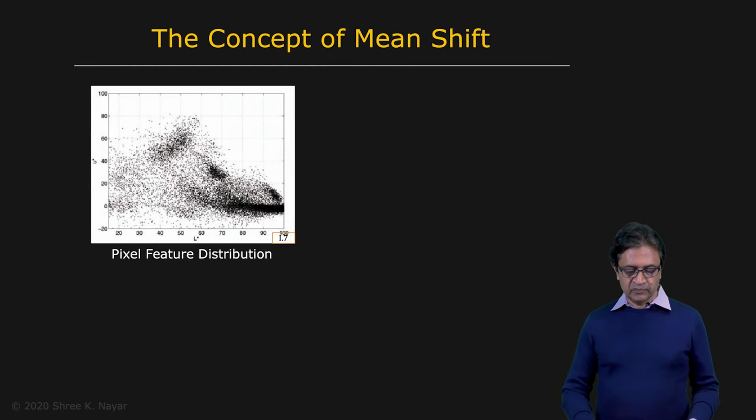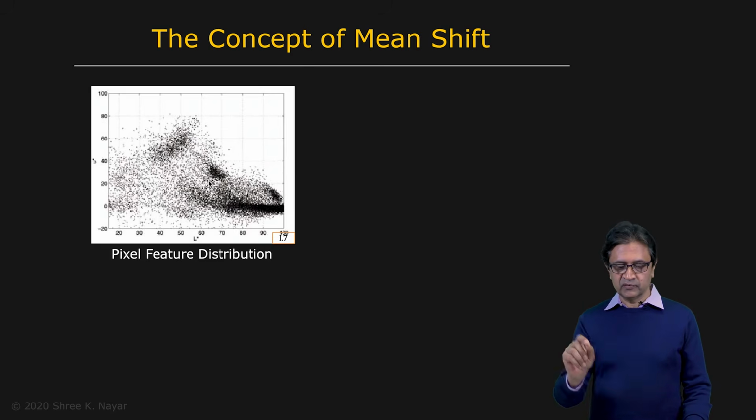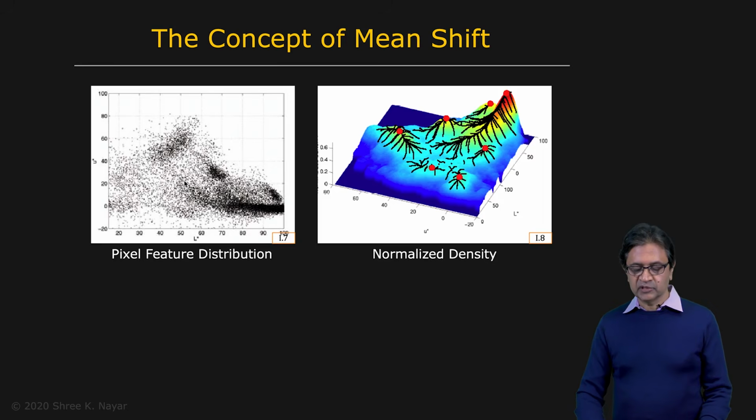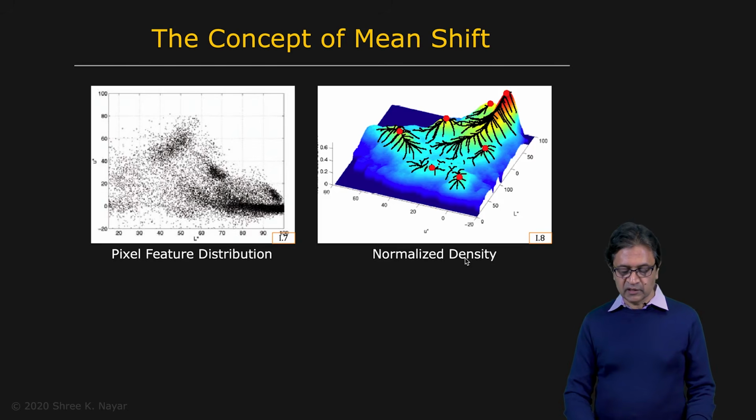So here is your pixel feature distribution. We're going to show this for convenience for visualization purposes in 2D. Let's assume that when you take all your pixels and you map them to feature space, you get this distribution right here. You can see that this distribution has varying density. This is highly dense, and this is less dense right here. So you can represent this as a normalized density function that looks like this. These two axes correspond to your features. The third axis is telling you how dense the distribution is.